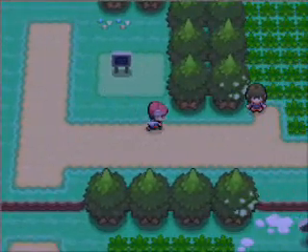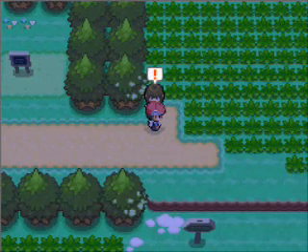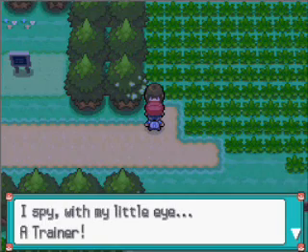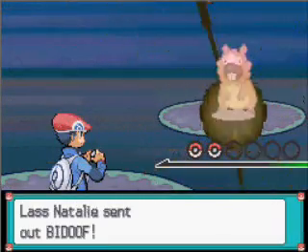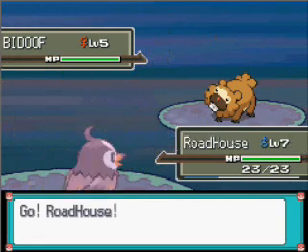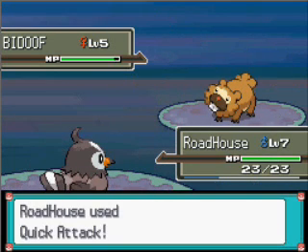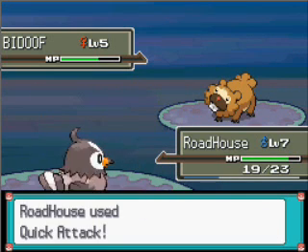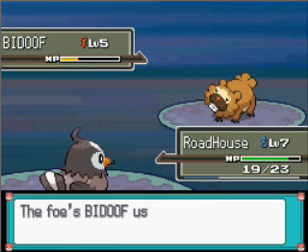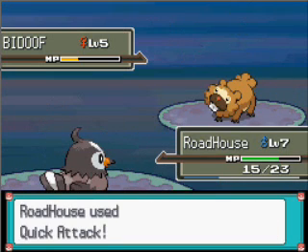Okay, so, right, let us head into the next battle. I think this girl has a Bidoof. I'm fine with who I've got up front. I spy with my little eye a trainer. Battle, please. Well, that's what you'll get, don't worry. Okay, so Lass Natalie has a Bidoof, level 5, which we will Quick Attack. Yep, Starly's got much higher attack than Bidoof. Although I have reached level 7 since I fought the Starly, so...